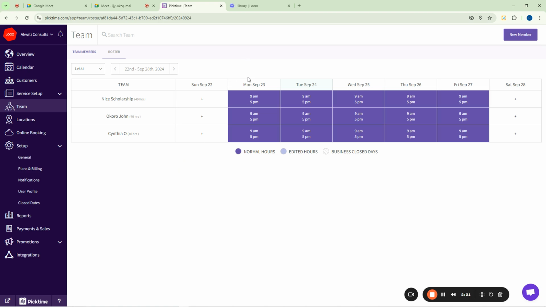So you want to assign your staff different work times so that you always have a staff available. For instance, if all your staff come to work by 8 and close by 4, that means they will also go on break at the same time, and then everybody will be at a pause.